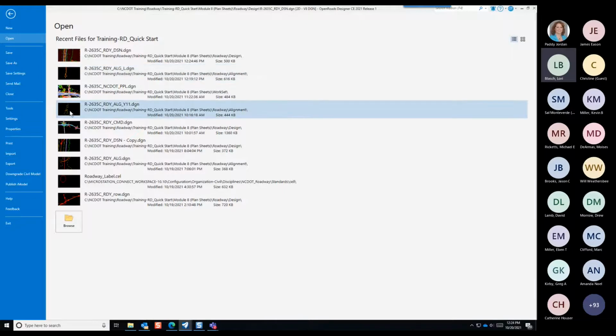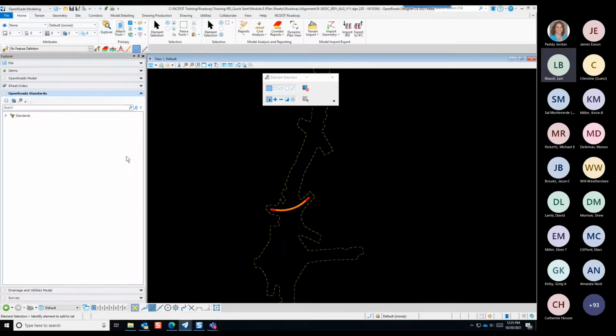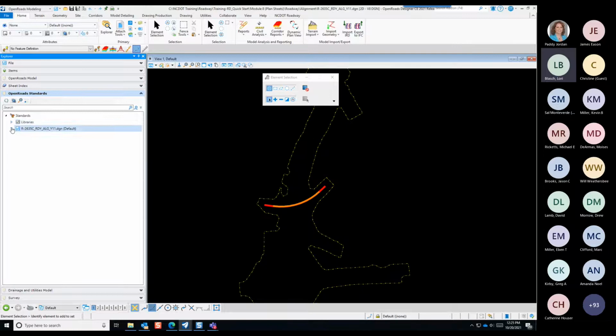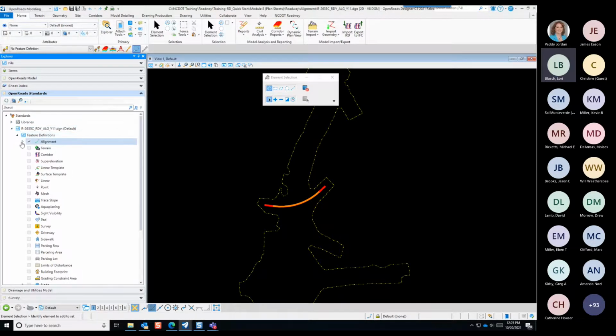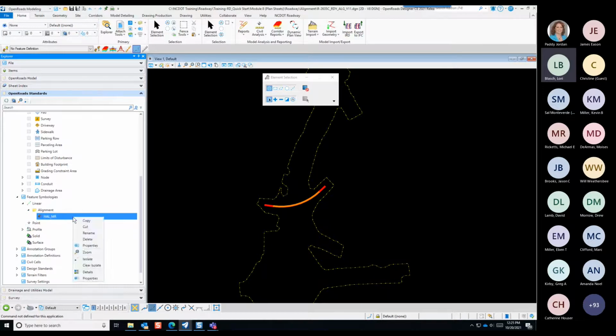So I'll go back to my Y11 here and go to Explore, and under feature definition, feature symbology, linear alignment, and the HAL MR, minor road,